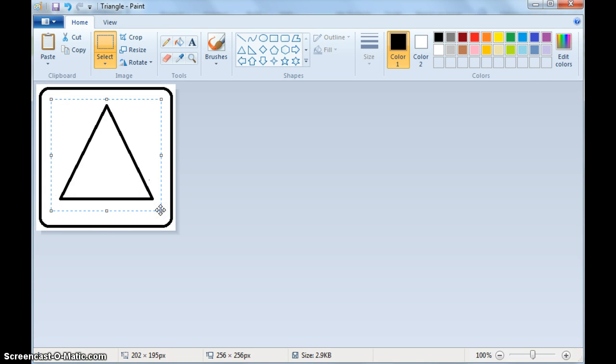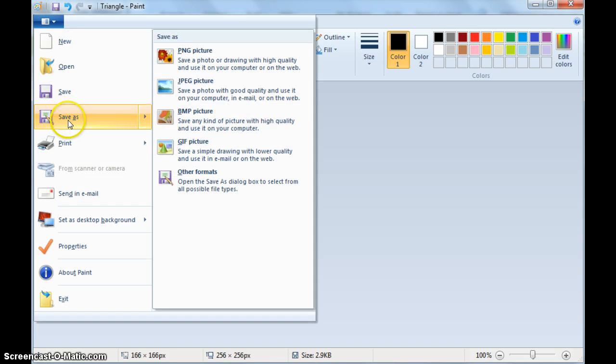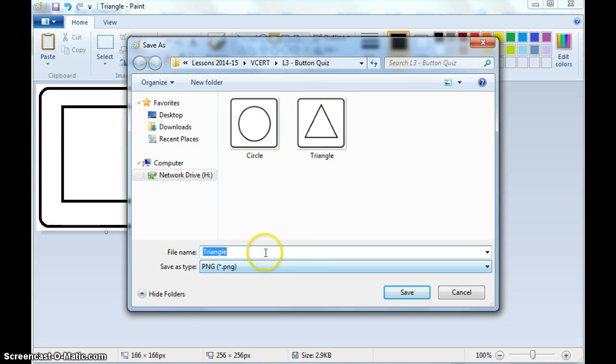I'm also going to delete this and use a square. To get an exact square, I can use the Shift key, which will make sure the height and width remain the same. This I will save as, call square,